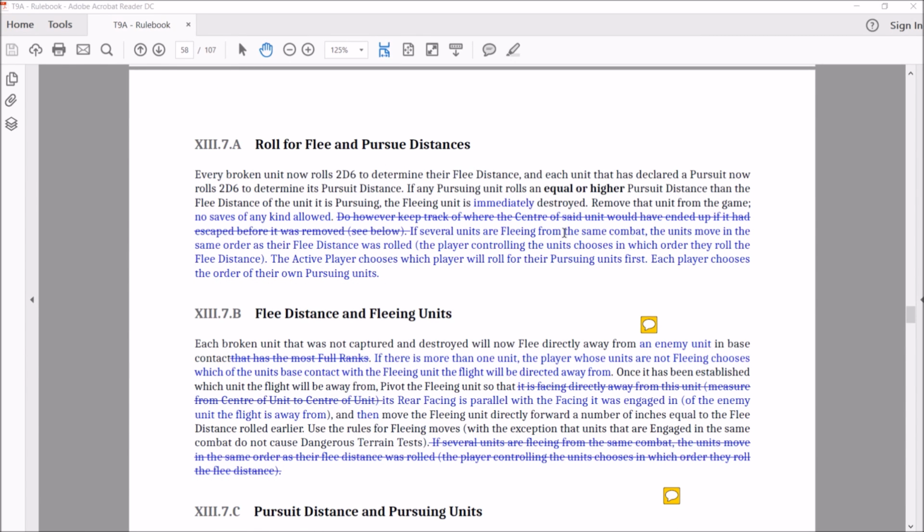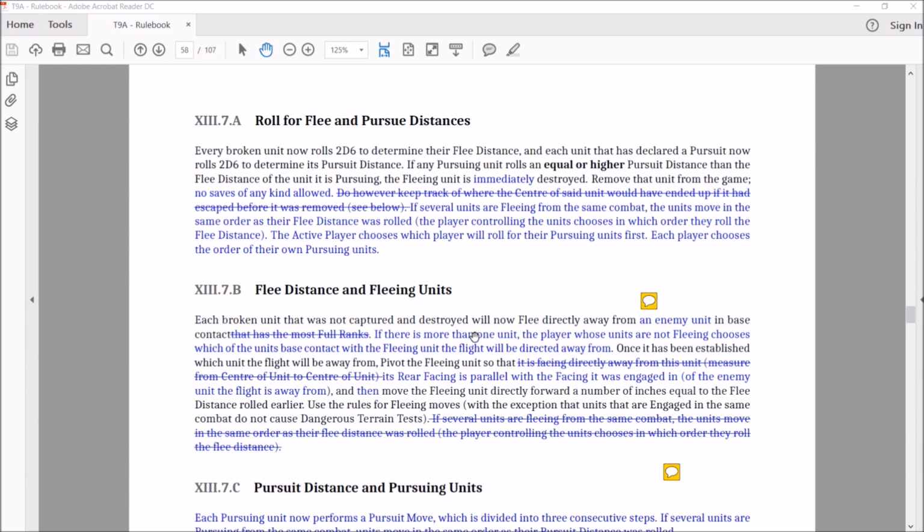Sorry, it starts here. If several units are fleeing from combat, okay. No, sorry, I was wrong. It is down here, down in the flee. So basically, what it's saying in this one is, if you have two units in combat and your opponent breaks,